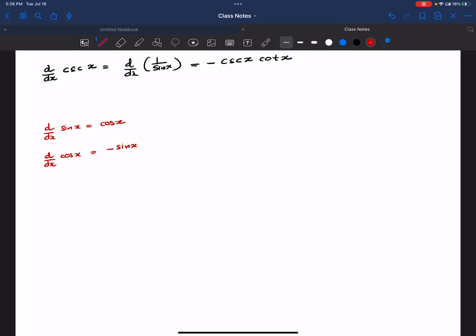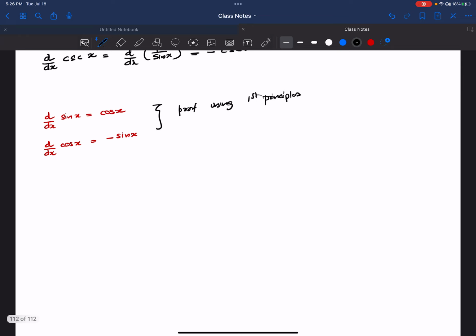These two can be proved by using first principles, right? And the other four can be proved by knowing this. You can do d over dx tangent x is equal to secant squared x,